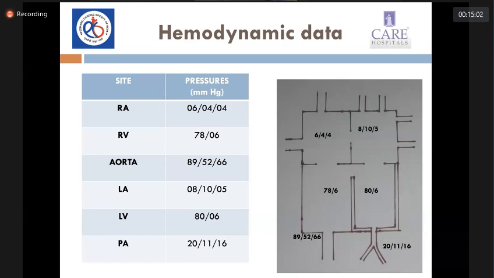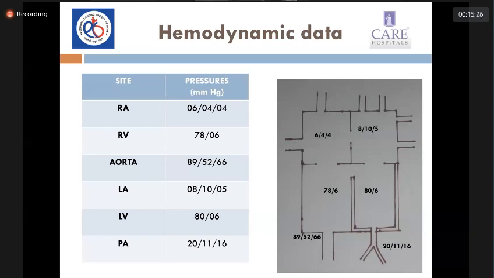The LA pressure is normal. A wave is 8 and V wave is 10, which we expect. And since the V wave is not higher than the A wave in RA, it signifies that the interatrial shunt is not large. Okay. And sir, the LV pressure is 80/6, which is normal. So with this transposition physiology, there is